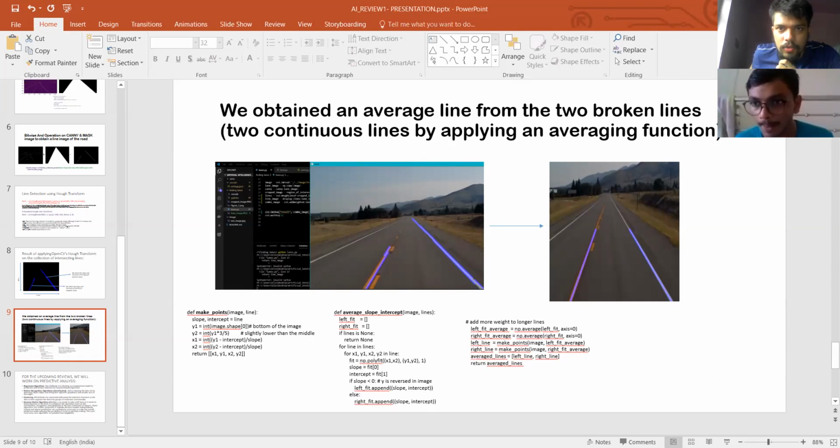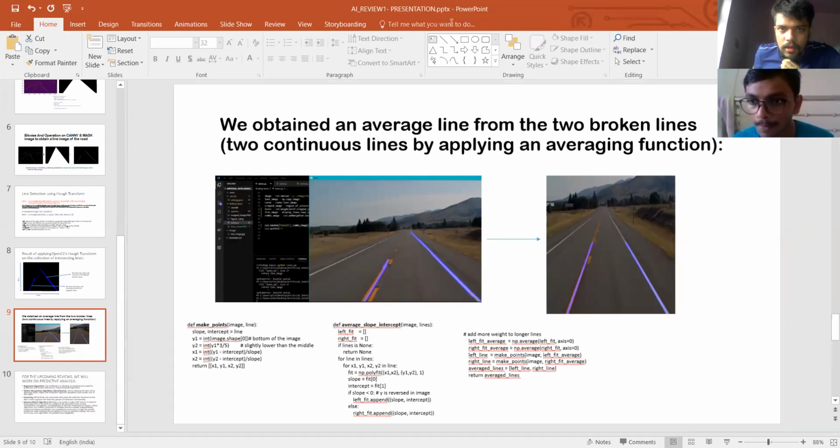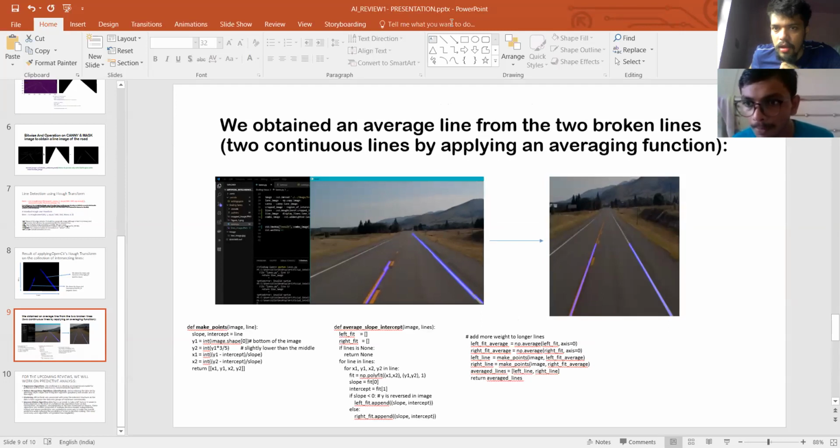Wait, my screen sharing is paused. Were you able to see the Jupyter notebook, Rupesh? No. Were you able to see this before?